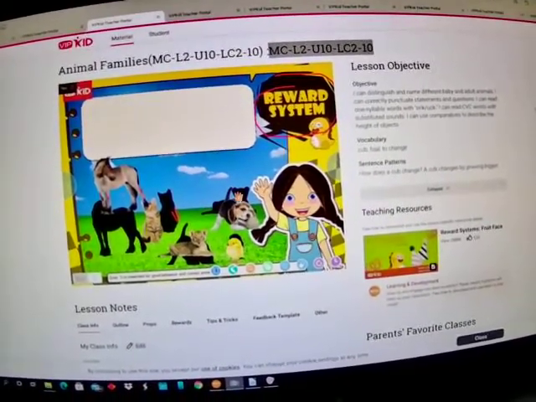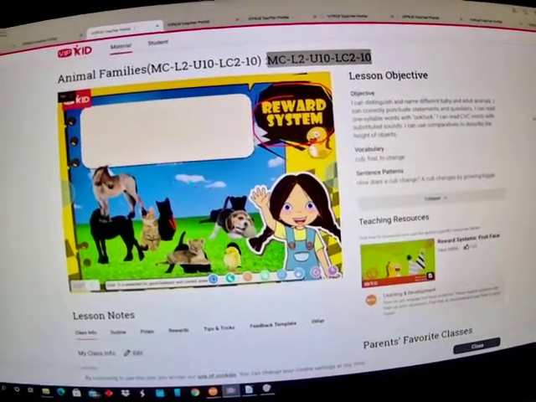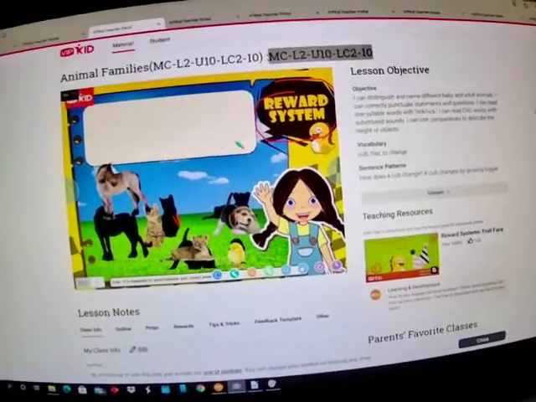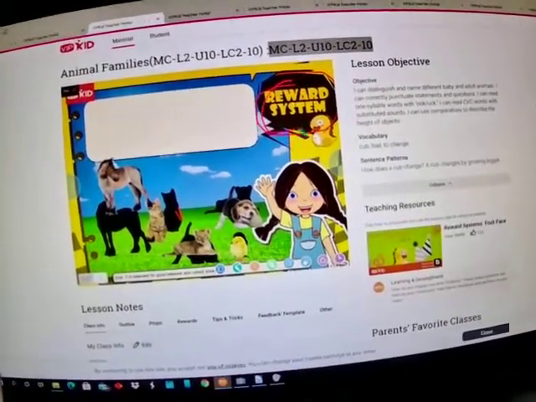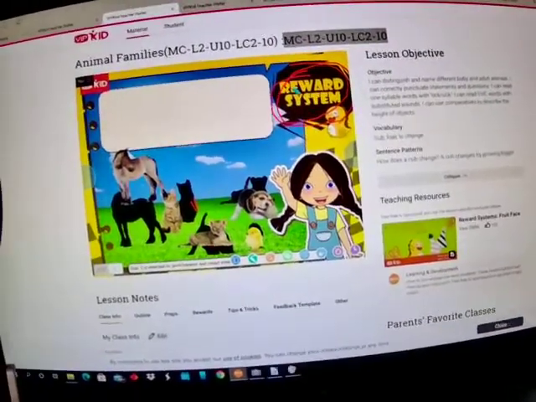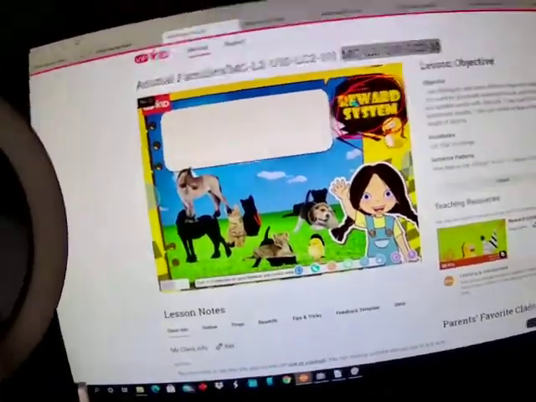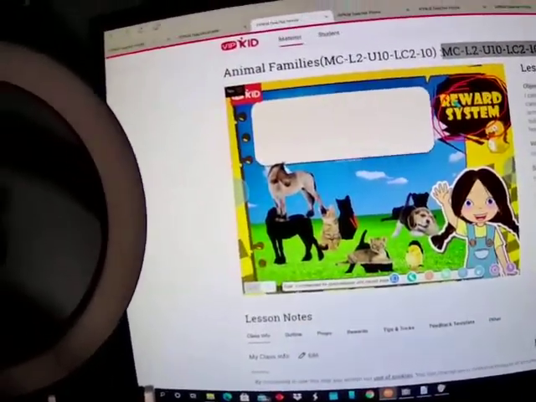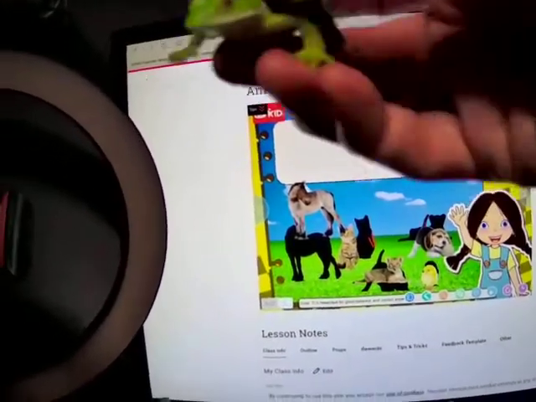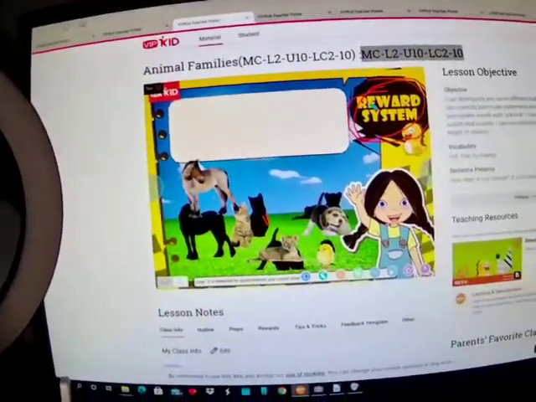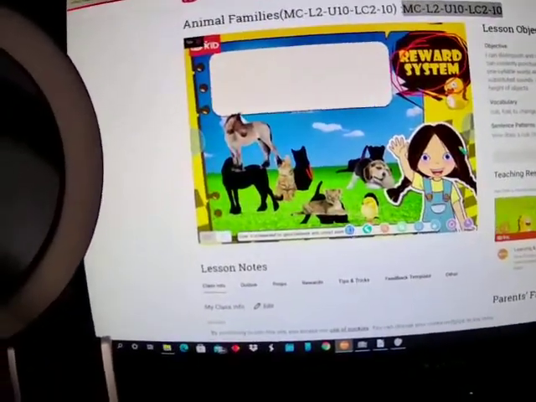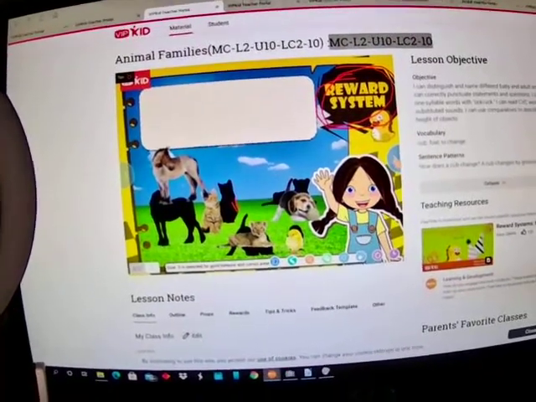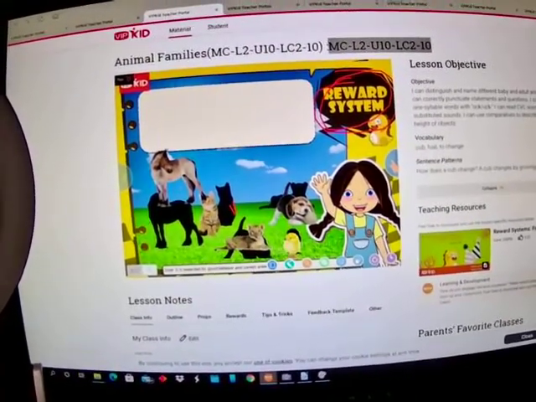So if this is interactive, you can play here. If it's not interactive and it doesn't seem like it's anything that's really worth covering, you don't have to do this slide. But during this slide, this is where you're going to introduce your reward system. I like to give some ice cream cones, butterflies. I have butterflies. For the boys, I can do animals like frogs or spiders, snakes, and sharks. Whatever reward systems you have, if you have any, okay? The reason why it's very helpful to have rewards is because kids like it and they'll come back for that reason.